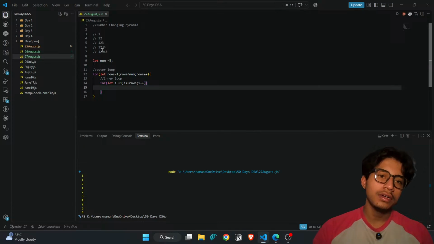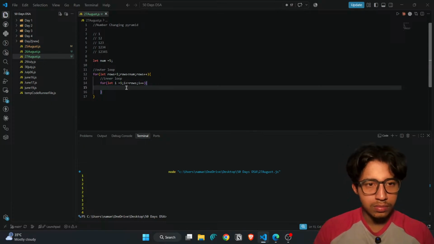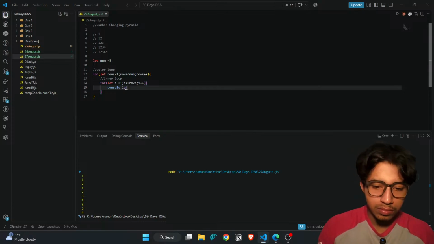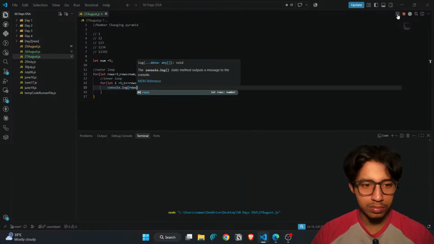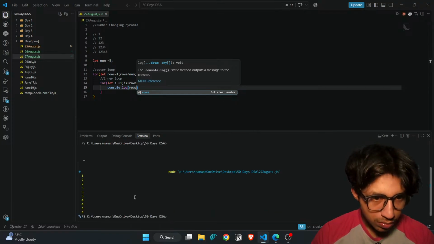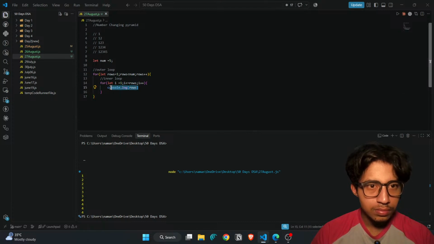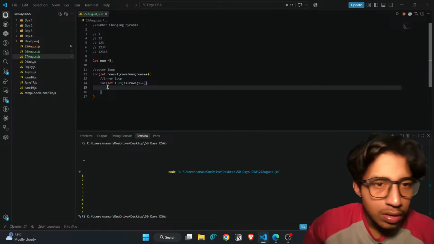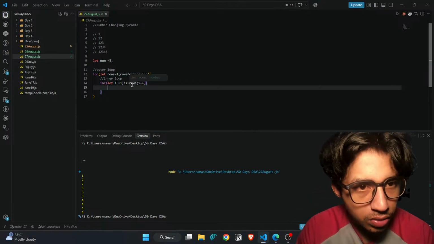So what I have to do is print the first thing simply, with the i loop: i is less than or equal to rows. First thing, starting from 1, and rows is 1. So print